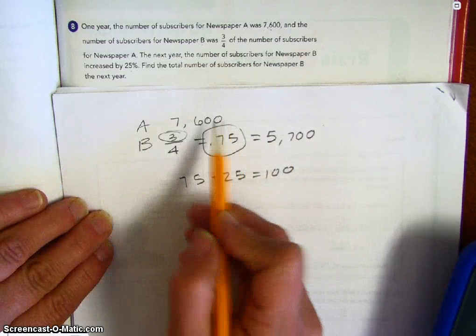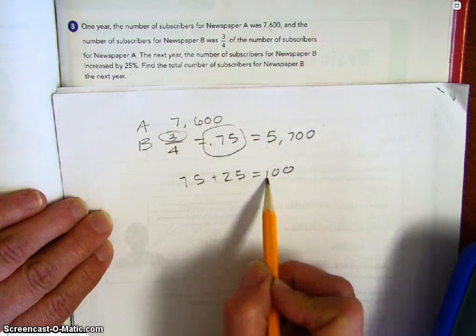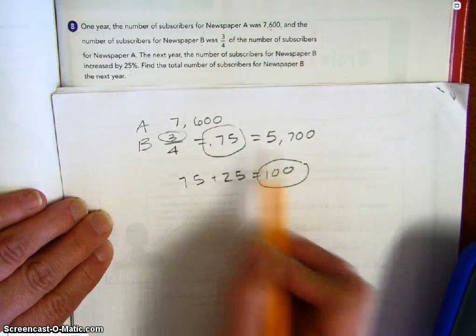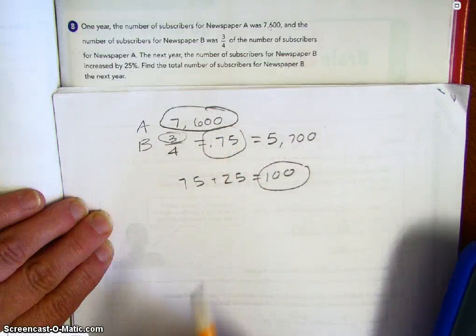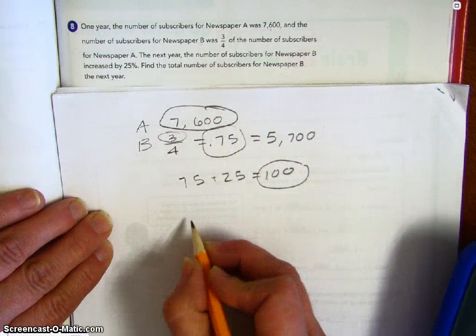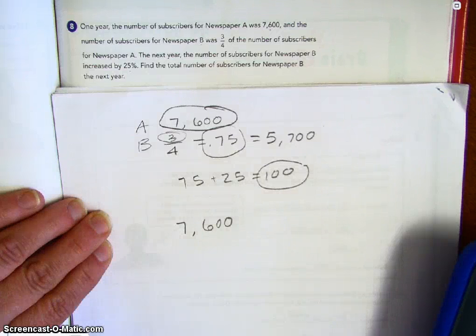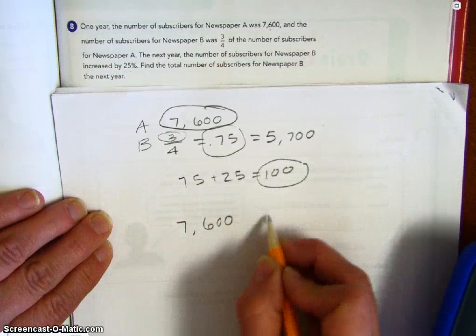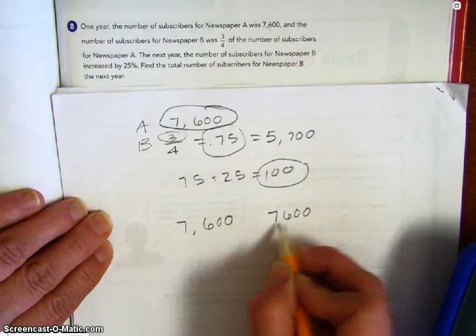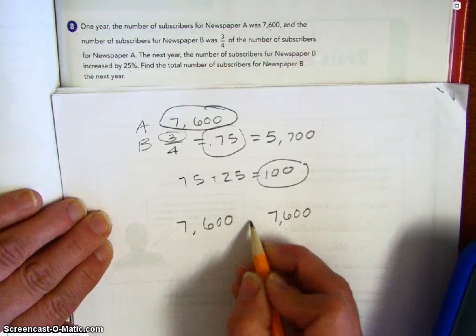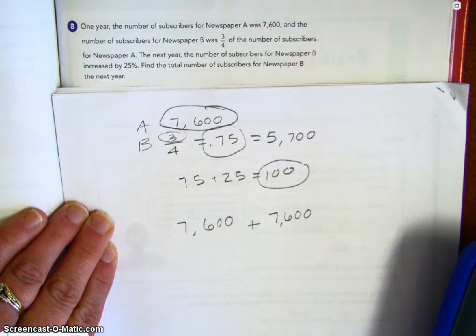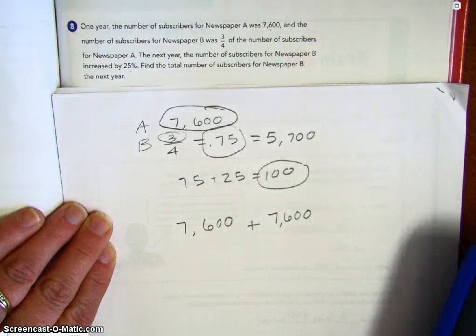Well, if it increased by 25 more percent, that would be increasing by 100% of our original number. So if it increased by 100%, that would just be 7,600, and 100% would be 7,600 again, which if I add those together, it would equal